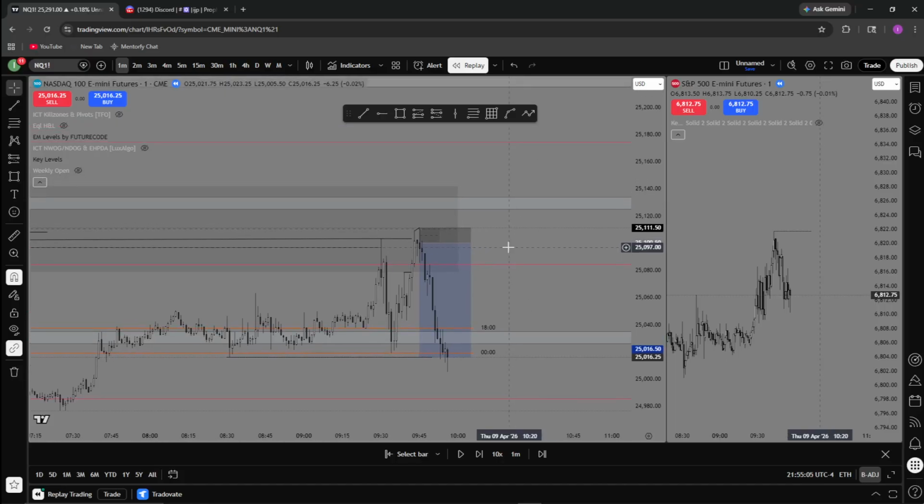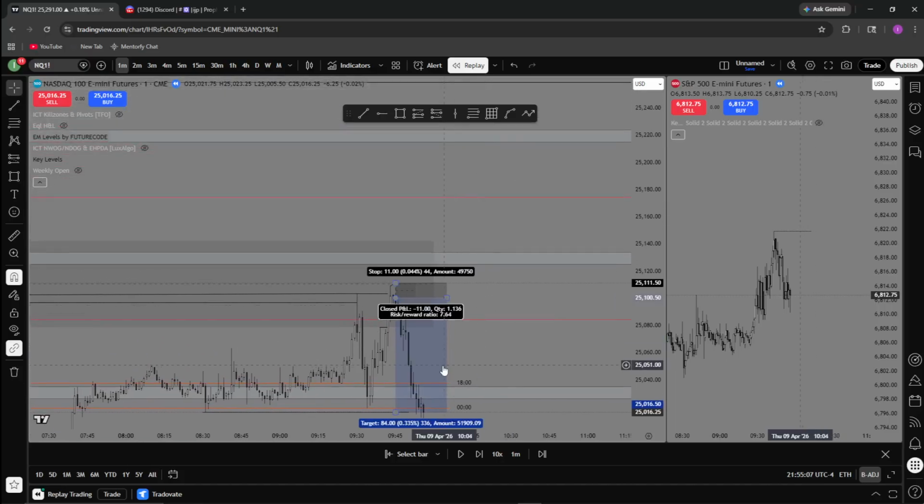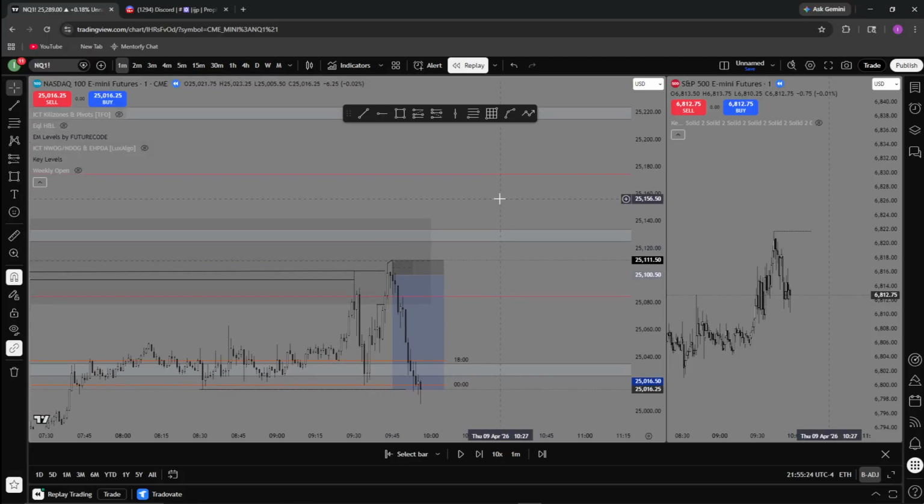And going forward, I hadn't really established this because I hadn't really run into this problem. But if I take one loss and then I see another high quality setup, I will take the setup with half risk. So I can only max drawdown for the day 1.5 RR instead of 2 RR. I feel like that would be pretty good.